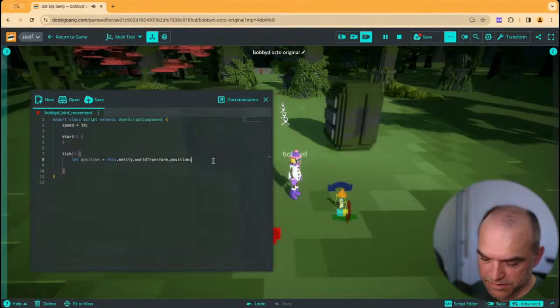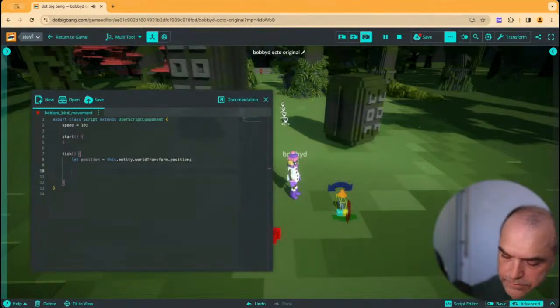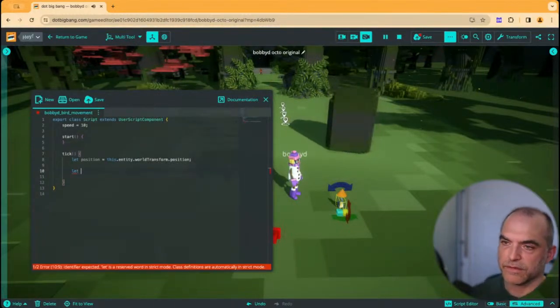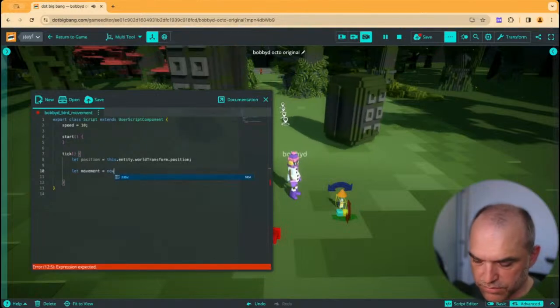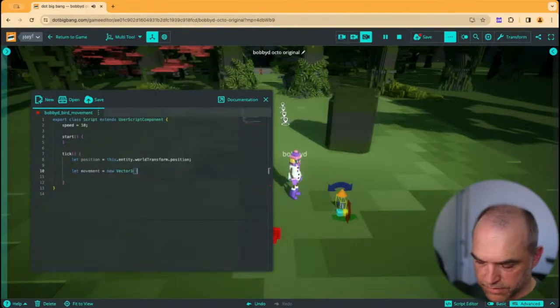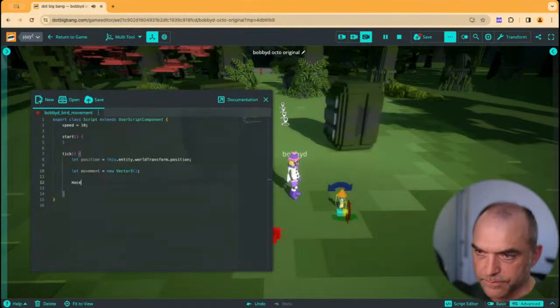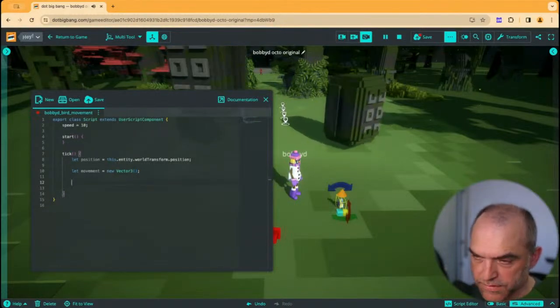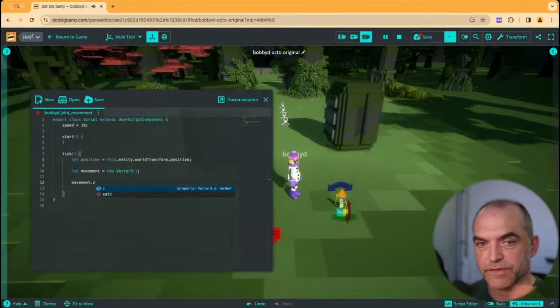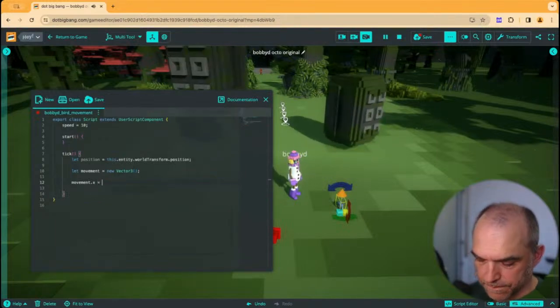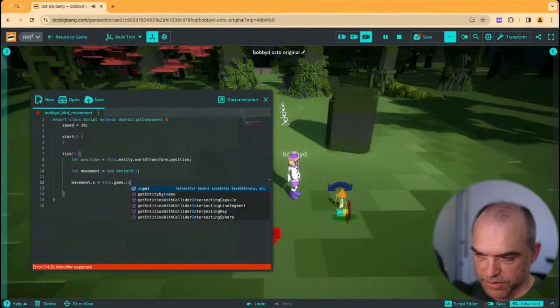And then we're going to say, I'm going to say movement is a new Vector3, and then I'm going to say movement.x, which is the kind of left to right direction, equals this.game.input